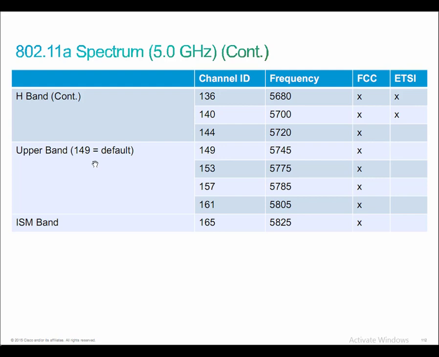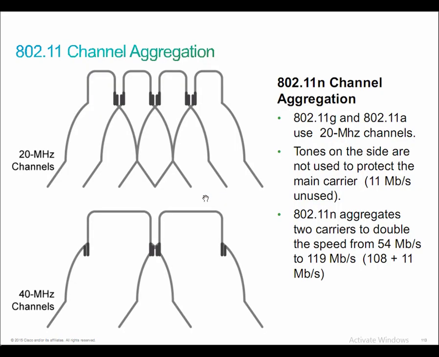Now in 802.11, we have the ability to use 20 megahertz wide channels and 40 megahertz wide channels. The 40 megahertz channels in 802.11n are essentially two adjacent 20 megahertz wide channels that get bonded together. When we're using a 40 megahertz bonded channel,